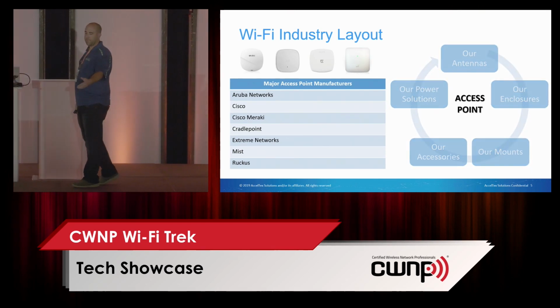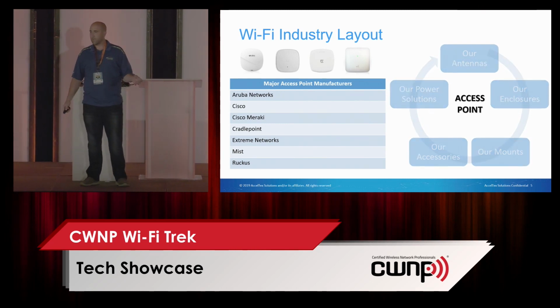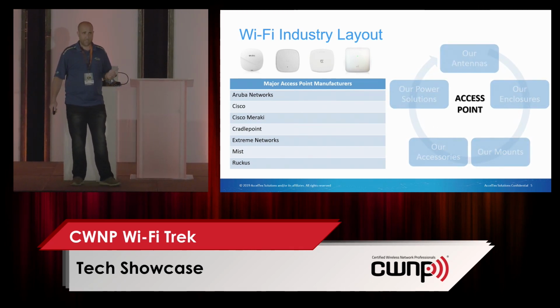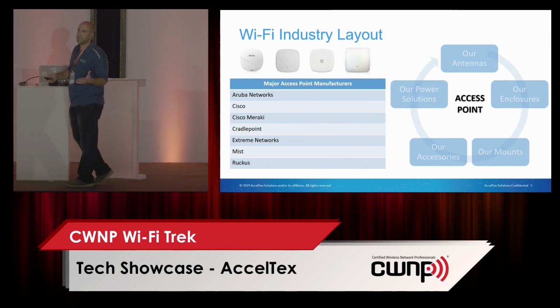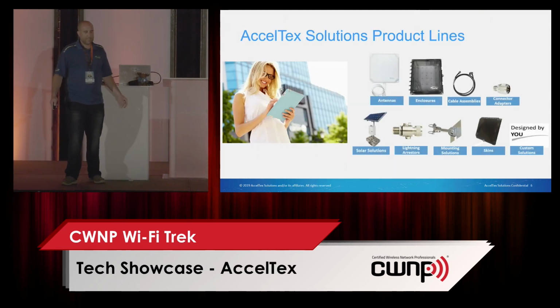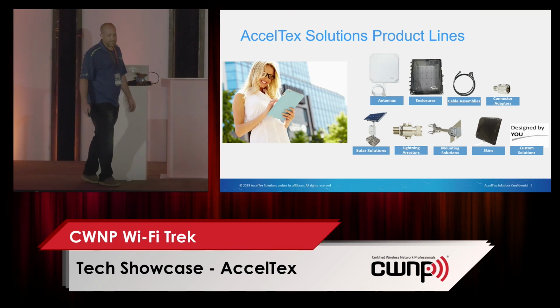As you can see, all the stuff that goes around the access points from Acceltex: our antennas, enclosures, power solutions, accessories, mounts, a lot of custom enclosures. And we're doing a lot of vinyl skinning to help with concealing Wi-Fi or making it more aesthetically pleasing. So again, our product lines, antennas, enclosures, cable assemblies, aren't always the sexiest thing, but they're necessary in a Wi-Fi